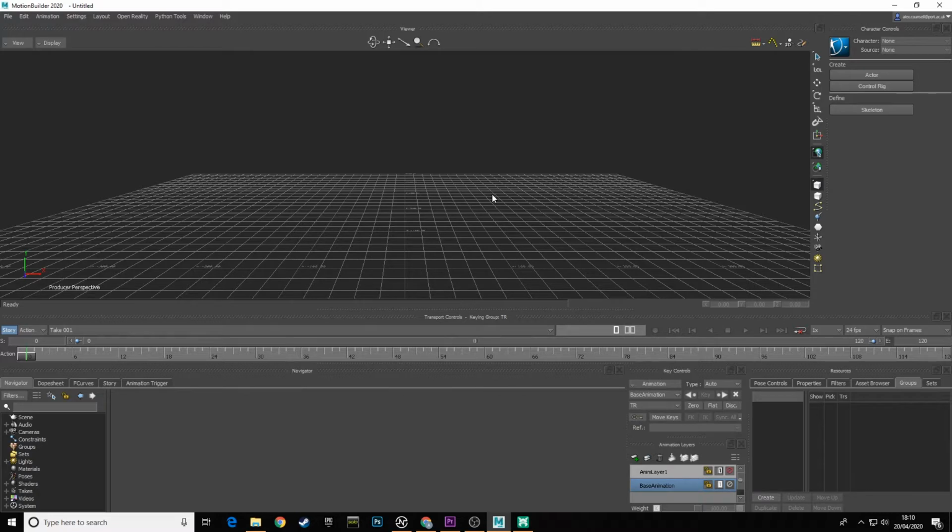Okay, in this video I'm going to show you how to import the FBX data that we've just exported from Vicon Shogun Post into Motionbuilder and do a little bit of scene cleanup and organization before we start the retargeting process and on from that. I'll try and keep these videos short and sweet in Motionbuilder now for each stage of the workflow so it doesn't get too confusing. I'm not going to do a massive overview of the user interface in this video either,